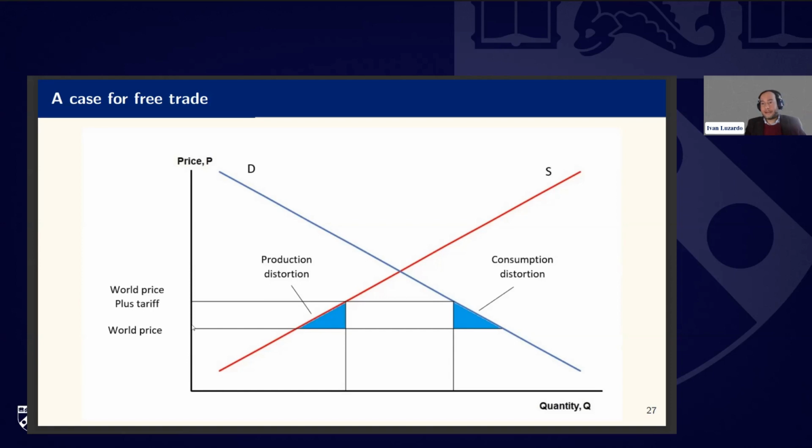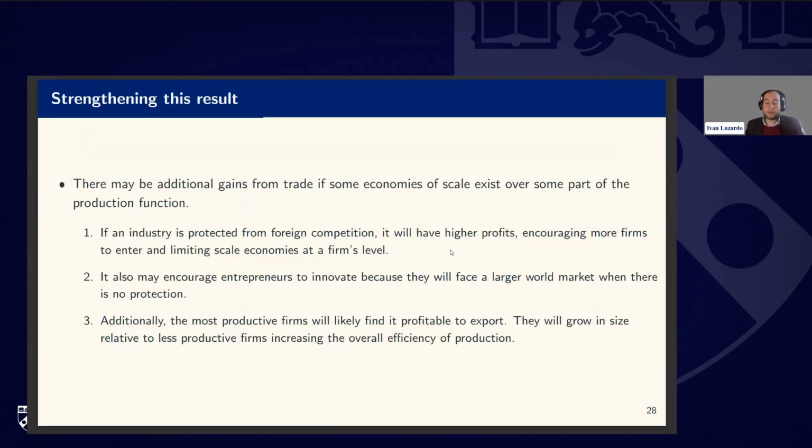So if we introduce a tariff, if we introduce a tax over that world price, what we'll see is higher prices and lower quantities. So that will create a distortion for suppliers. So suppliers will be able to cover this segment, but at higher prices, and we will see a reduction in consumption. So we will create a consumption distortion. So usually this is why protectionism is not a good idea